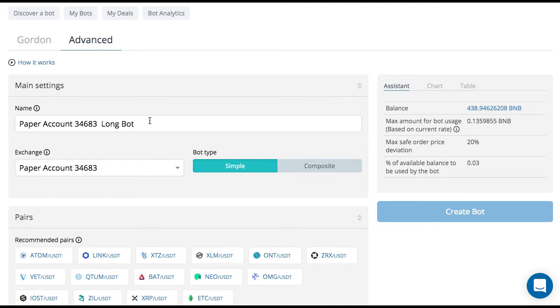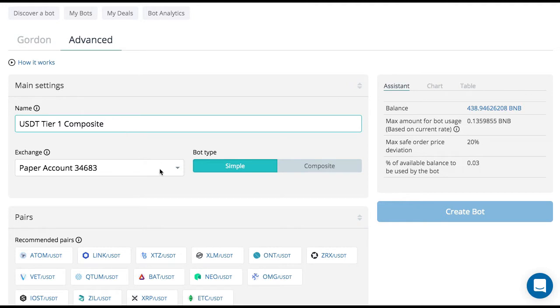So first thing you want to do is give your bot a name. In this case, I'm going to be setting up USDT Tier 1 composite bot. This bot is going to trade across all the USDT coins. And when signals come in that are tier 1 signals, it's going to execute the trades. So you want to give it a name that will be clear for you to what this bot is supposed